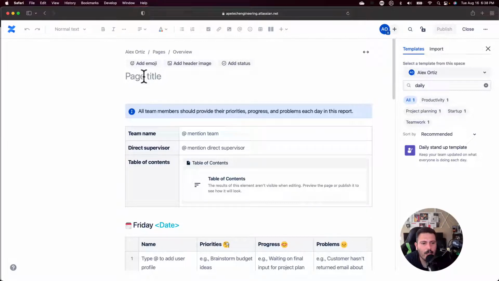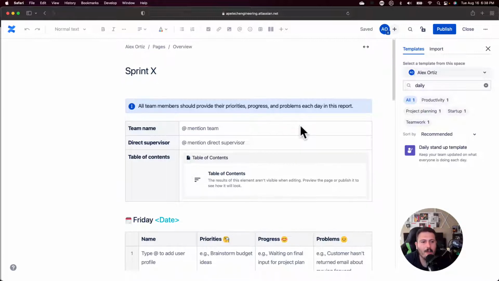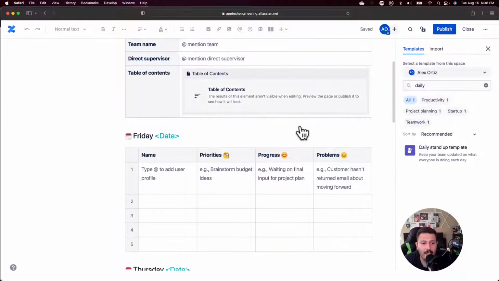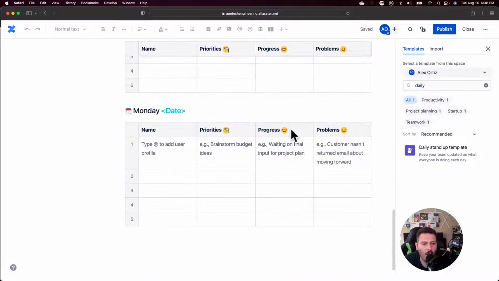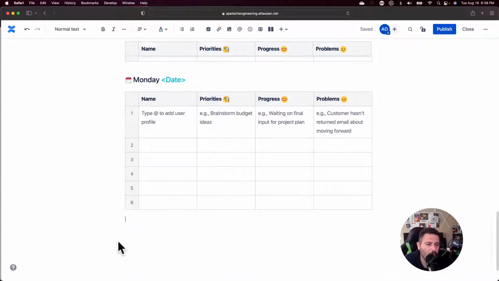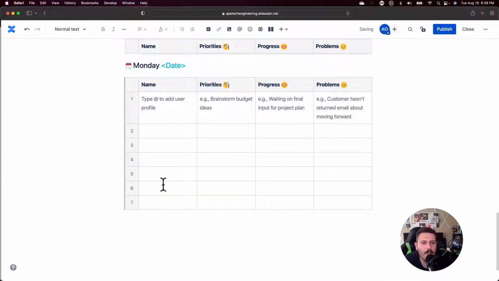So this can be sprint X, right? You can just do one per sprint, because as I'm going to scroll down here, you'll be able to see that you have these dates. For every day, I don't know why they put it backwards, right? But for every day, you can put each member of your team. If you have at least 5 people, it'll fill in. But if you need more, you can click the little plus sign, and you can start adding more people. So if you have 6, 7, 10 people, however many people you have,